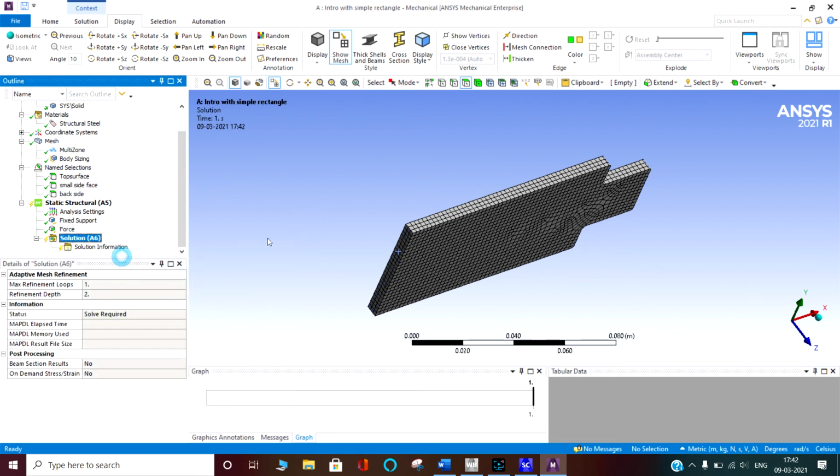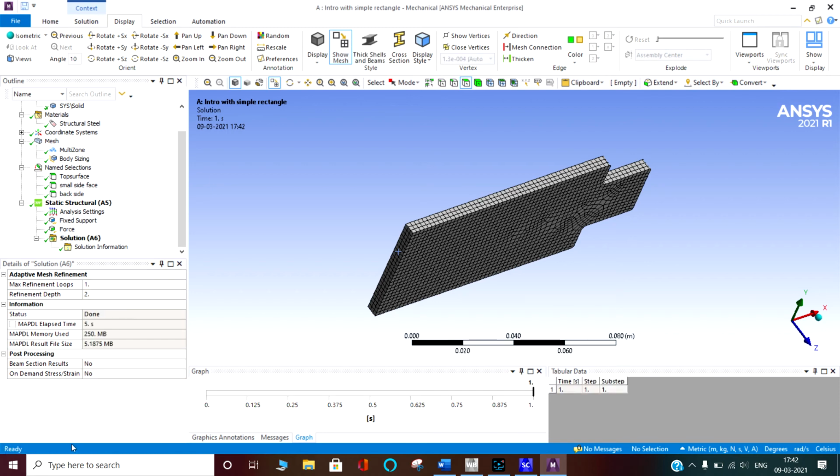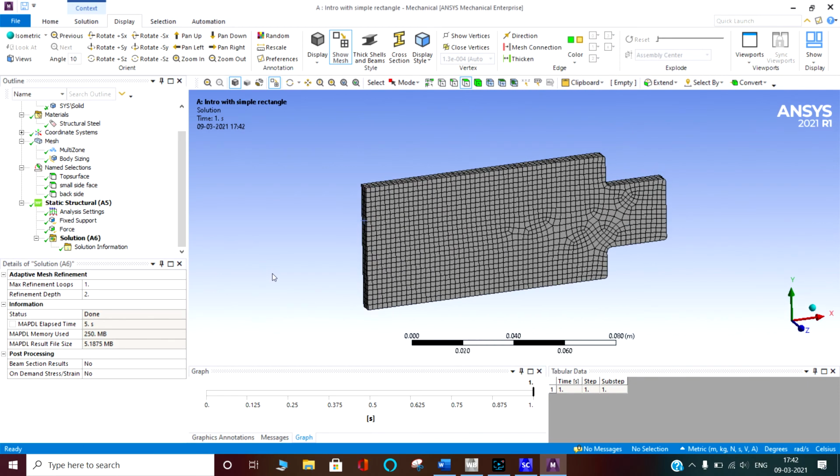You can say solve. When it is solving, see here, this is the progress bar. This is for interrupting the solution, and this is for stopping the solution. So like this, you can go and see whatever things are coming in front of you. There is a special meaning for each and everything. So it has solved the equations, a number of equations which you have not seen here. On each element there are a number of nodes, and these nodes have particular variables that they have to solve.